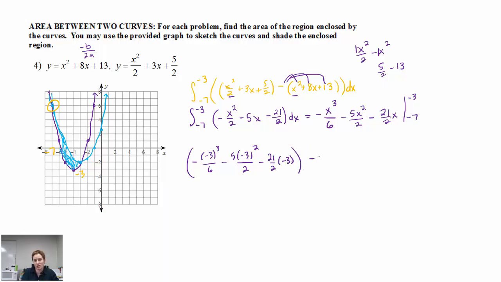If you are plugging this into the calculator, please put negatives in their own parentheses, where the only thing in parentheses is negative 3. Where the only thing in parentheses is negative 7. Nothing else should be inside the parentheses. Not the power, not what's in front, not what's underneath. That's probably one of the easiest mistakes to make on this, is to put the parentheses in the wrong spot,